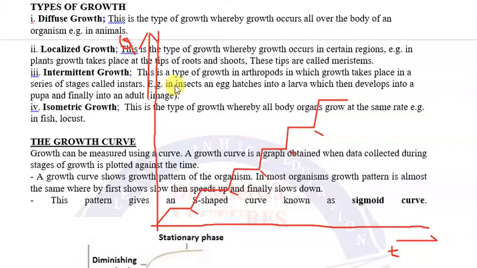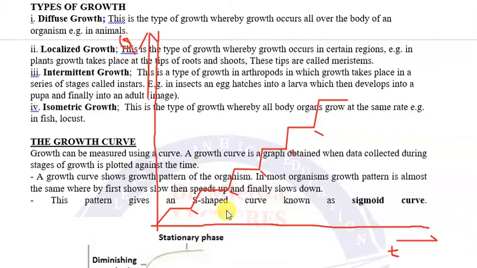Growth occurs in step. Na hizi step tumesema tunaziitaje? Tunaziita instar. Kwa one step is one instar. Kwa hizi unaziona kama ngazi kwenye grafu. Najua unaweza kukutana nazo kwenye mitihani mingi. Zinaitwa nini? Zinaitwa instars. We can include it later in our notes, lakini swala tu ni kwamba hizi graph zinaitwa